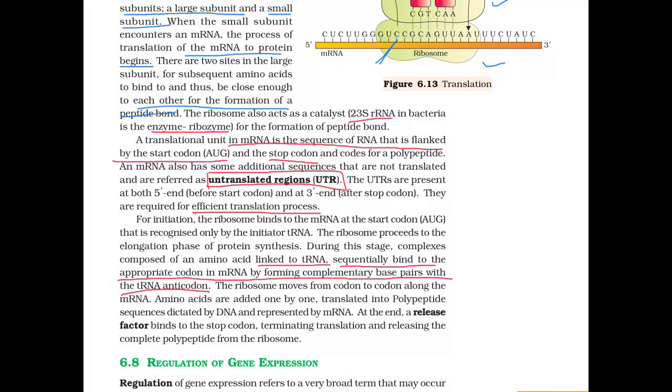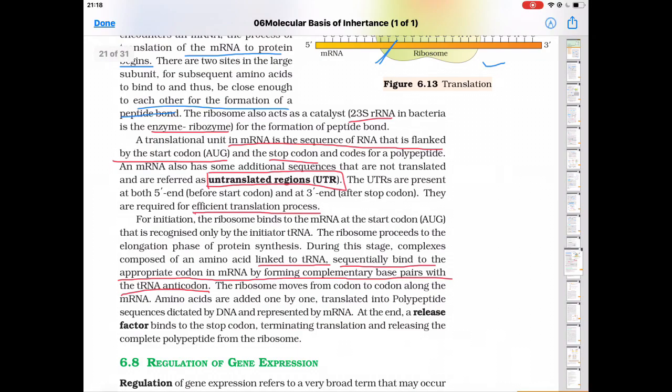The ribosome moves from codon to codon along the mRNA. So ribosome moves on the mRNA. Amino acids are added one by one, translated into polypeptide sequence dictated by DNA and represented by mRNA. Important line. This can be asked. Give the explanation of the line that amino acids are added one by one, translated into polypeptide, dictated by DNA